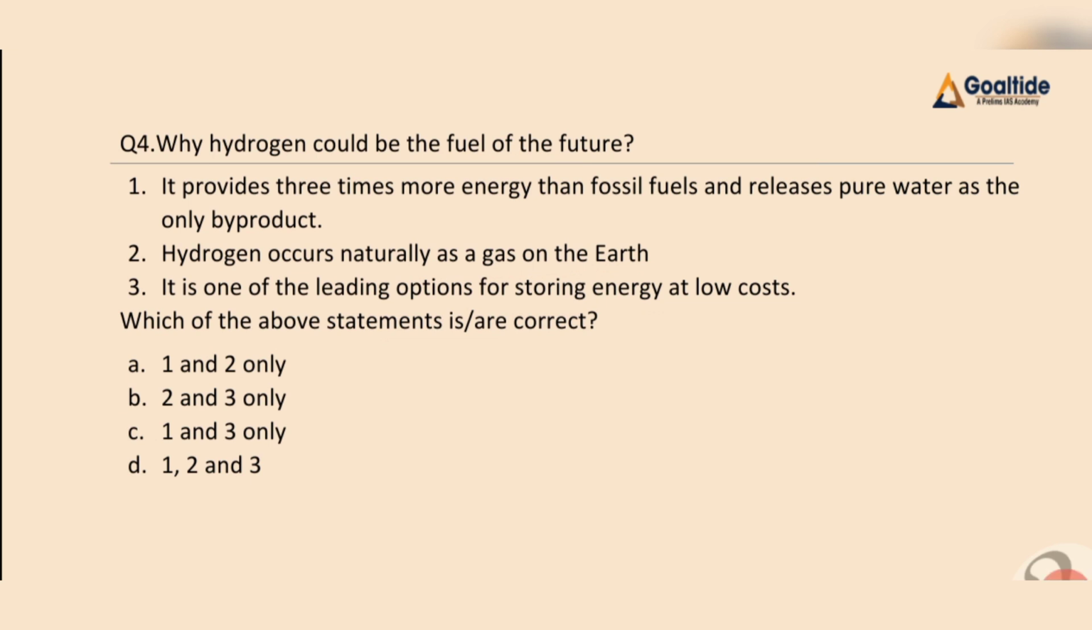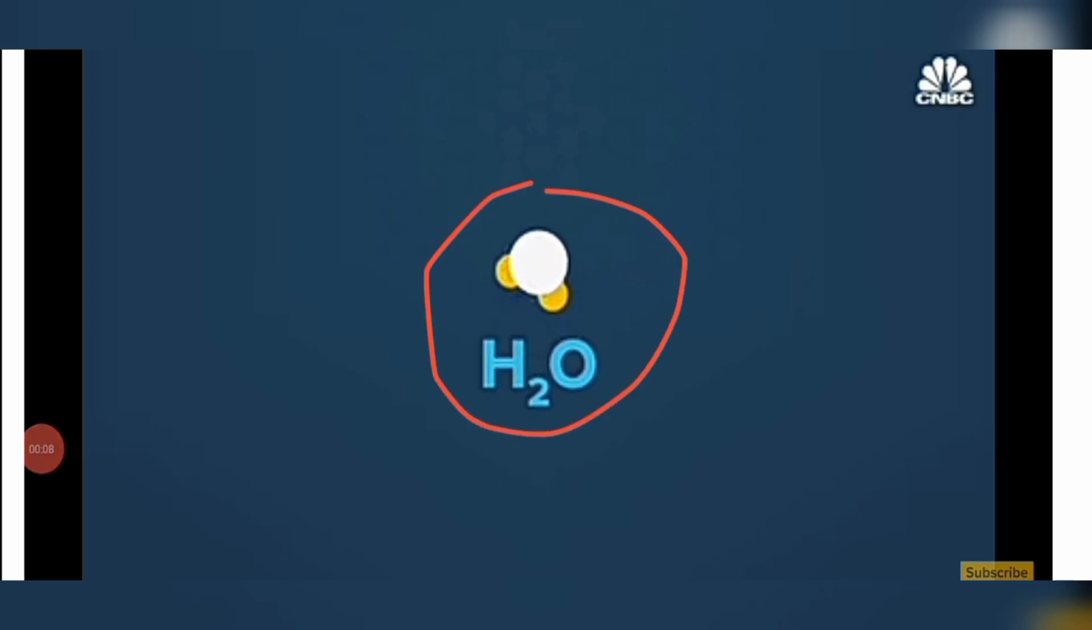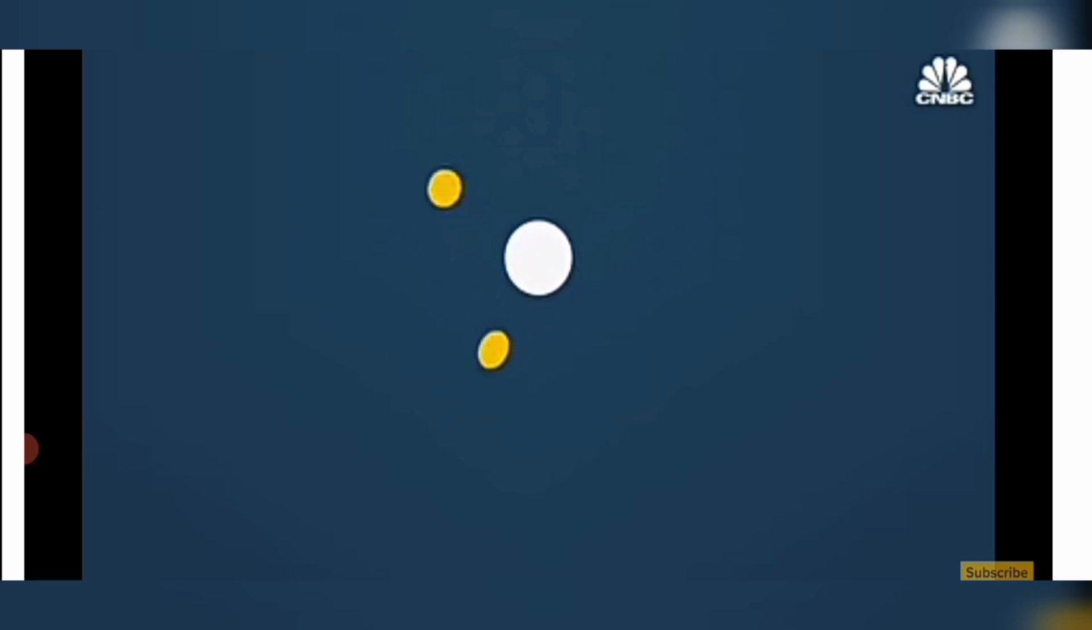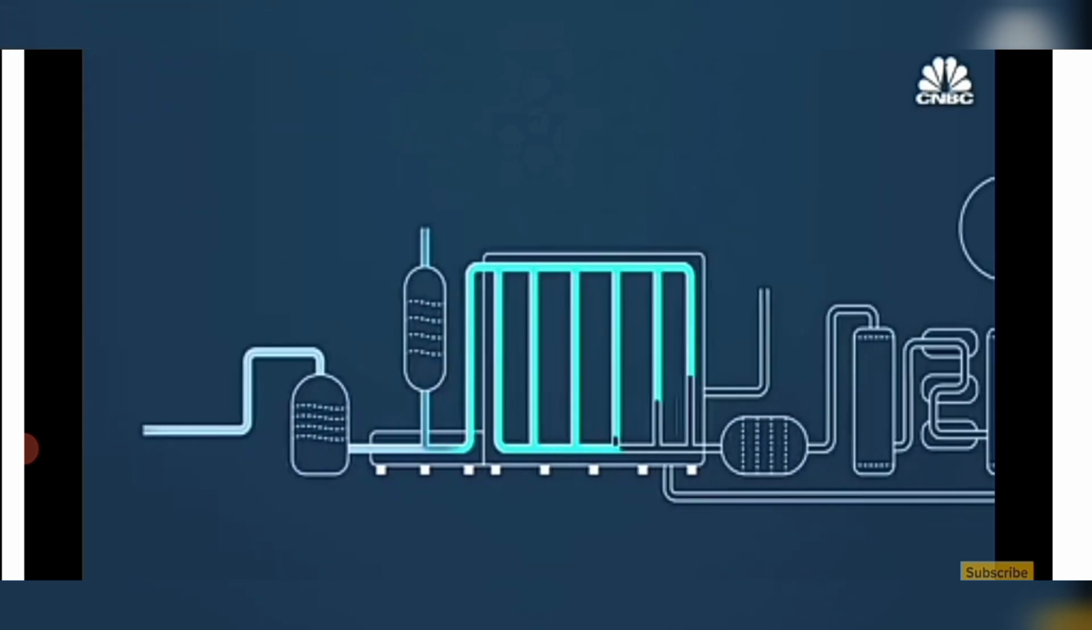But before we jump into our explanation, let me watch one video to clarify our concept first. So now let me watch it. So here, as we can see, hydrogen does not occur naturally as a gas on the earth. It is available in the form of H2O, that is water. Hence we require external energy to isolate hydrogen molecules from oxygen molecules, and for that we are using various methods,